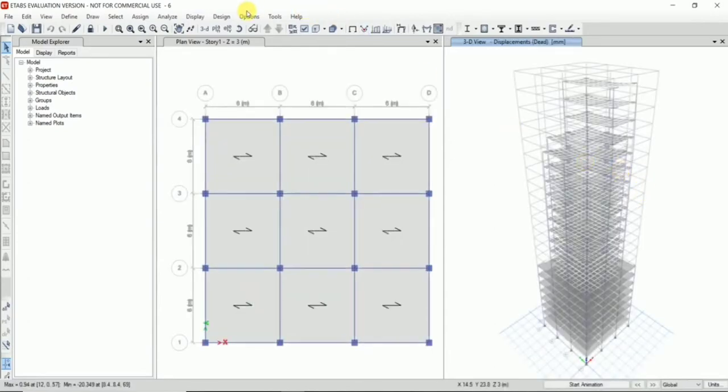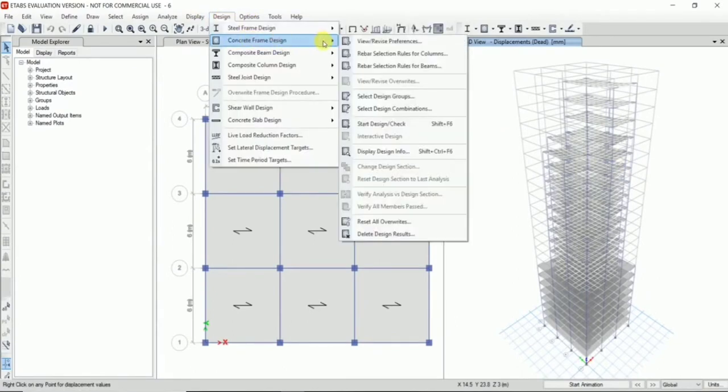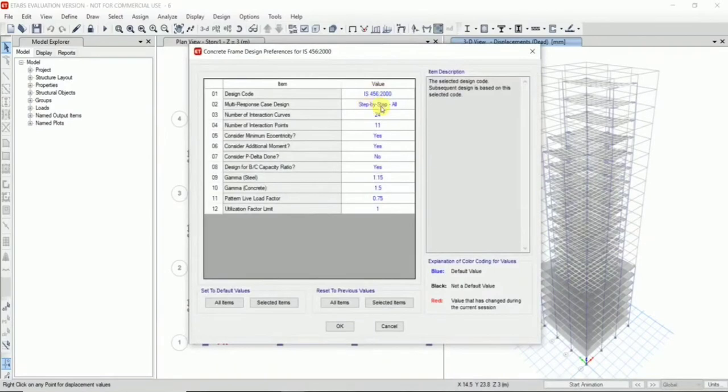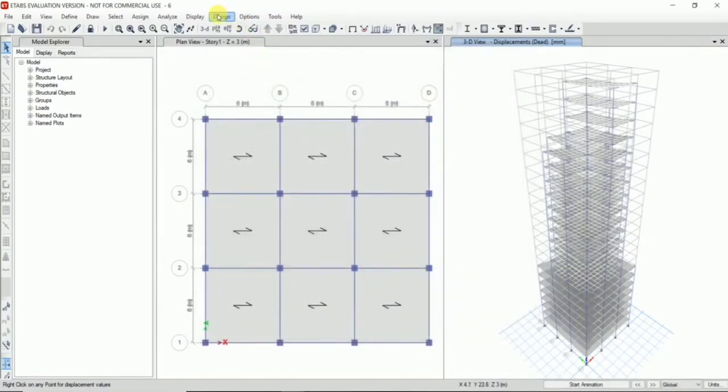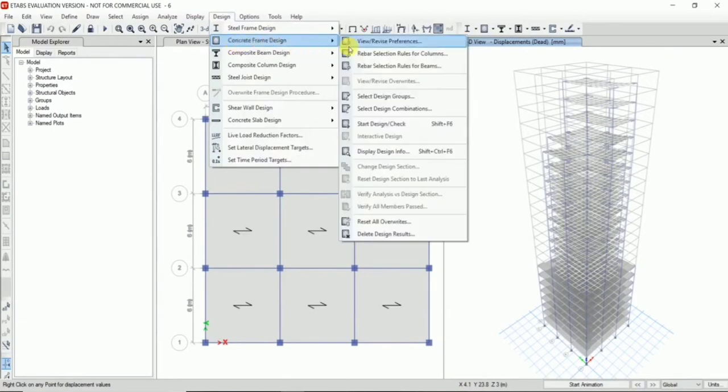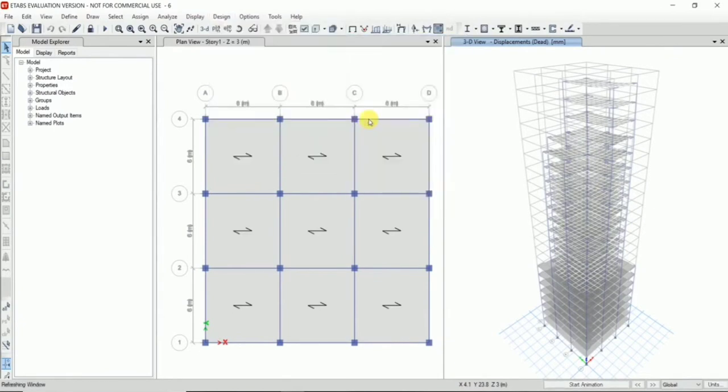This is our analysis result. In view/revise preferences option, the design code must be IS 456 2000. Click on OK. Then again in the concrete frame design option, select start design check option.